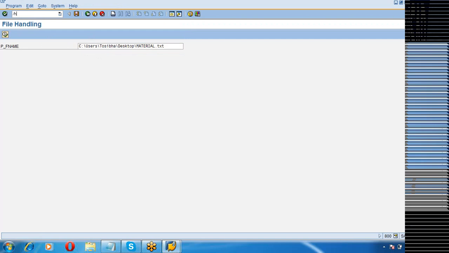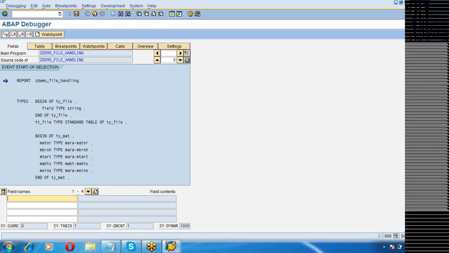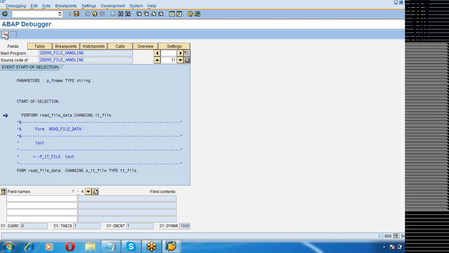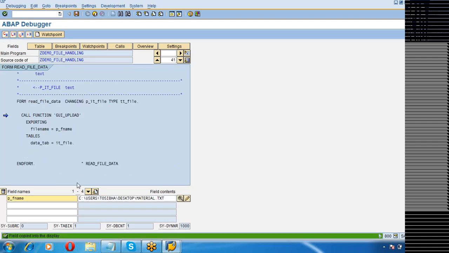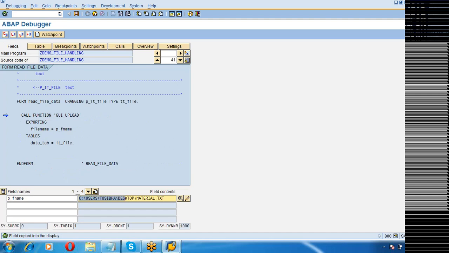Material.txt. This is our file. So this is the name of the file, nothing but the file path. IT file as of now is blank, before calling GUI_UPLOAD. See, after GUI_UPLOAD is completed, there are two records in IT file.